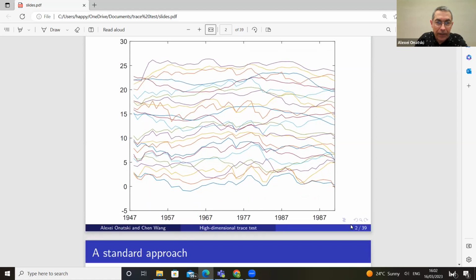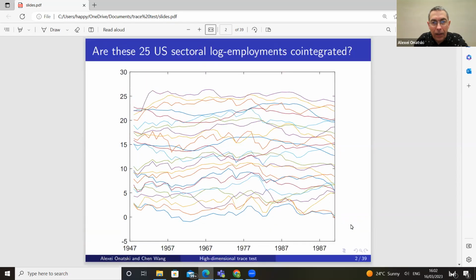The data is annual. It starts in 1948, and my sample goes up to 2001. It's actually the same sample that Dushan Bai used in his 2004 paper when he analyzed non-stationary data using